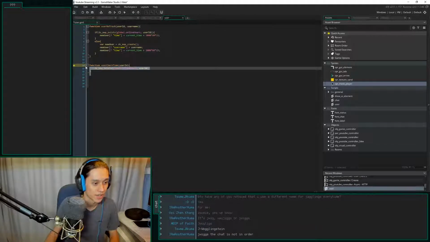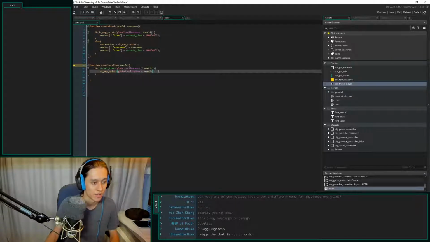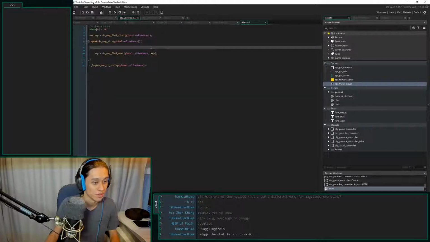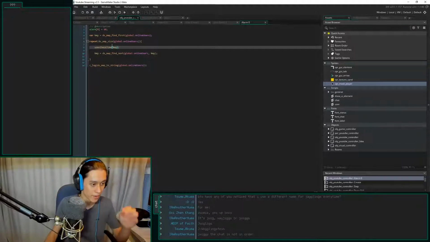I just want a function that checks, and I need to replace key with user ID. So it does the check, so that way I can just do a simple command. As I go through all my users, I can do user check time, the key, which is the ID, and if they are timed out, this will automatically delete them.